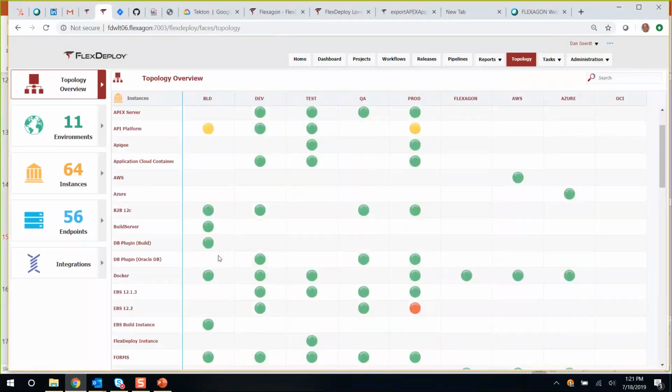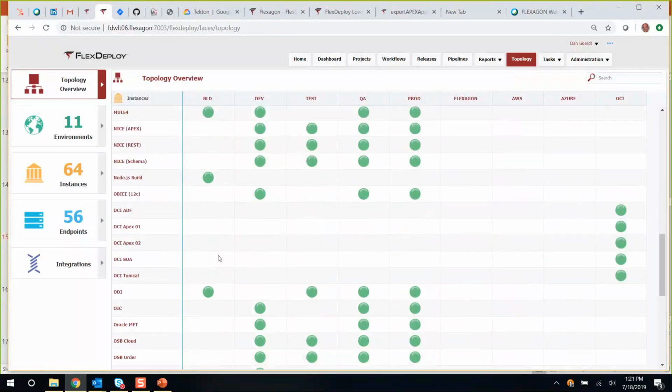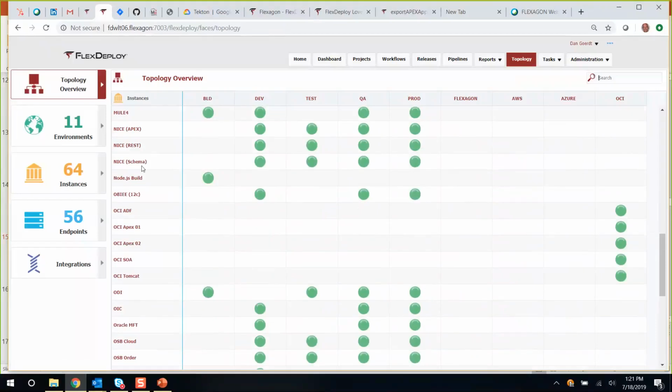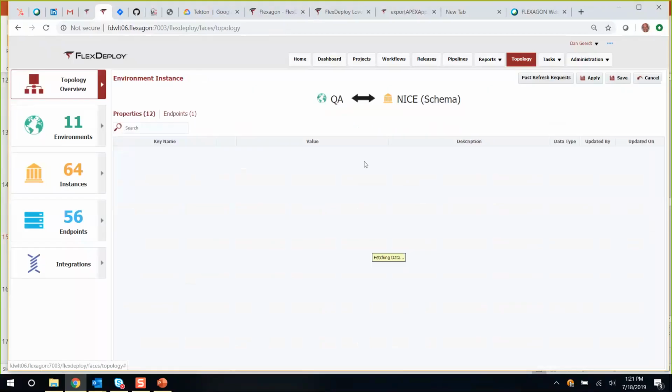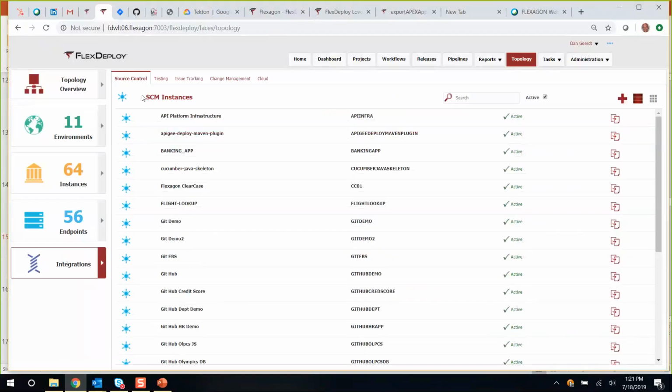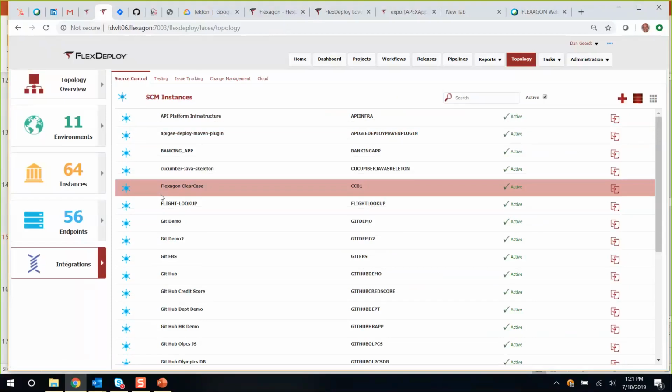Or similarly, if we're looking at the schema, specifically the database schema associated with this, when we're going to be making the changes for the database, this exposes a lot of the database specific information that is configured one time, and then we're good to go. Okay, and then lastly, the ability to configure FlexDeploy to talk with your source control systems if you're doing source control,